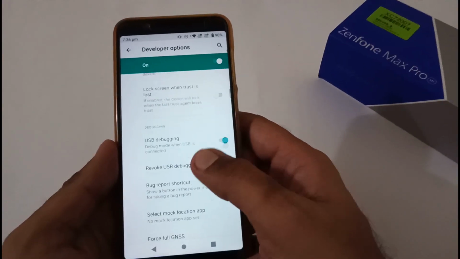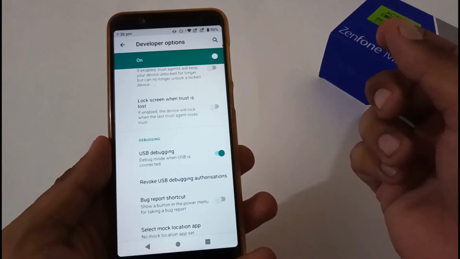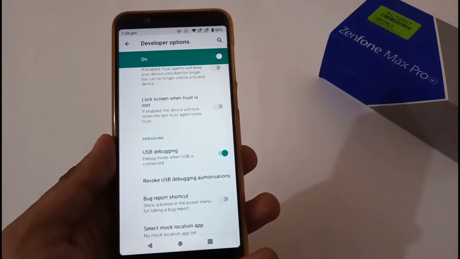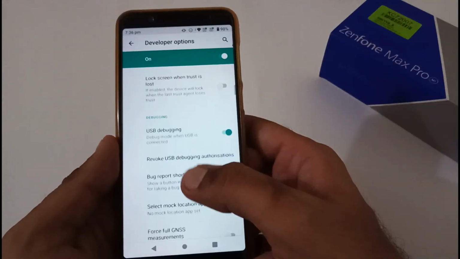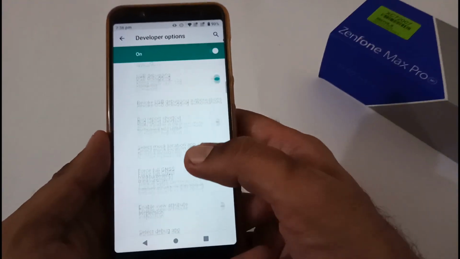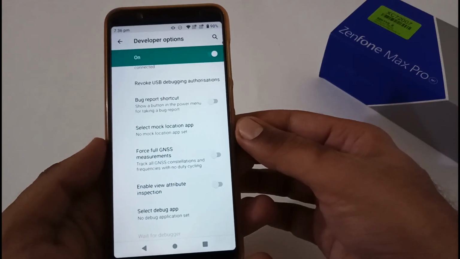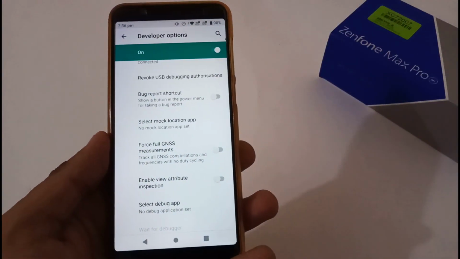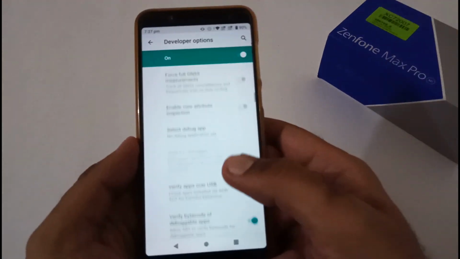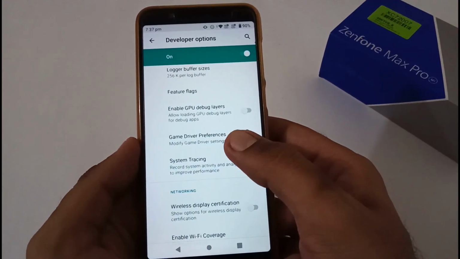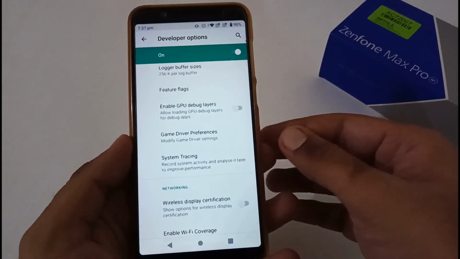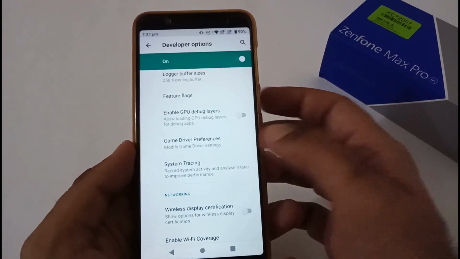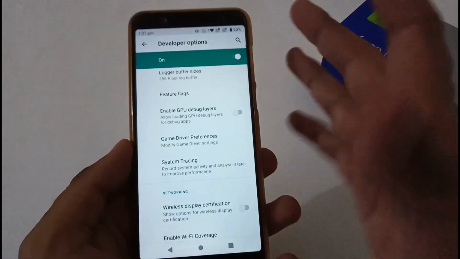The very first thing that we will discuss is USB debugging, which is available on both versions, and I will always recommend you to turn it on, whatever phone you are using, because there are lots of benefits of using this. If your phone is frozen in fastboot mode or somewhere, you can issue a few commands to get it working again. The next option that we will discuss here is game driver preferences. This is only applicable to Android 10 Beta 4 or all the Android 10 Beta stock ROMs. But you will not find this option in Android Pie 087 or any Android Pie base version.